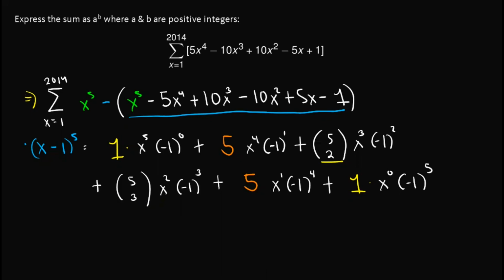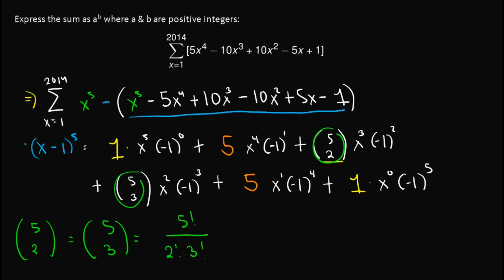So lastly, we are left with this 2. And note that the combination of 5 and 2 is actually equal to the combination of 5 and 3, which is equal to 5 factorial over 2 factorial times 3 factorial. We can write this as 5 times 4 times 3 factorial all over 2 times 3 factorial, since 2 factorial